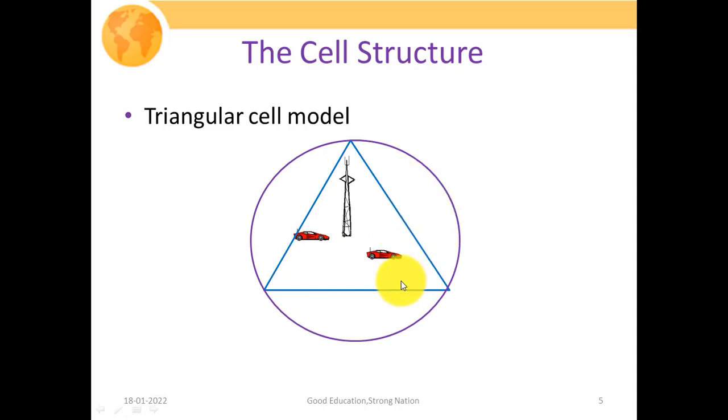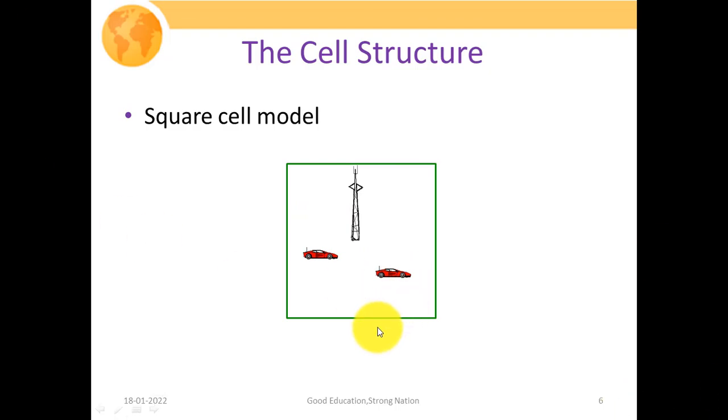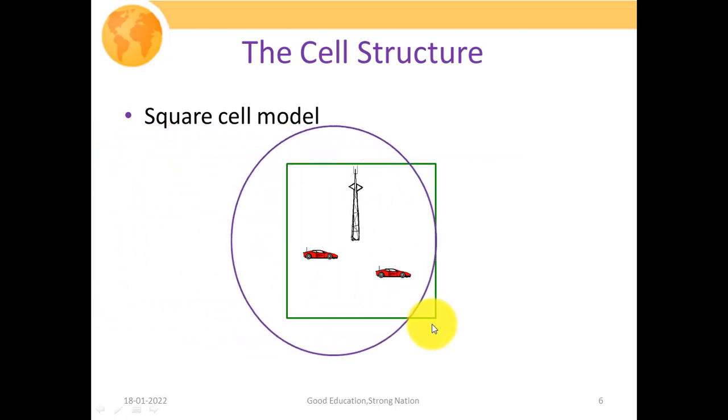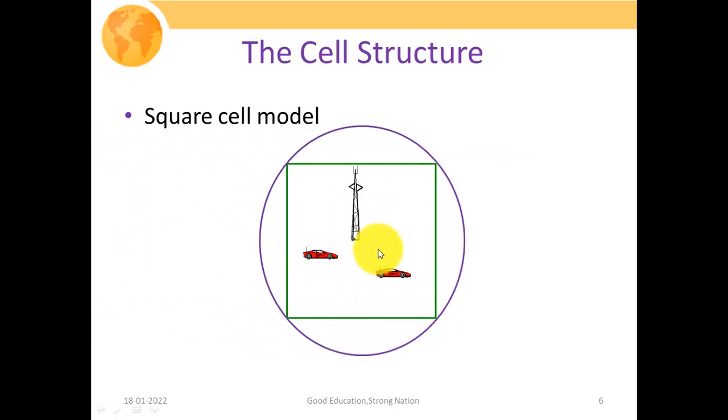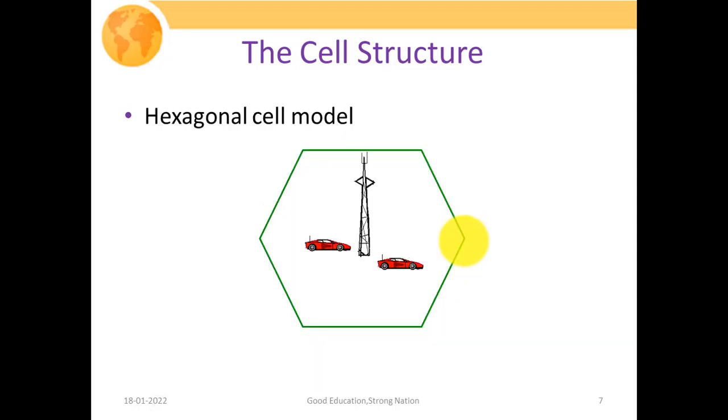So what else could we do? If we consider the square shape of cell structure, then again we compare with the circular cell shape. At this moment also we have a lesser coverage area in comparison to the circular cell shape. Obviously, in comparison to the triangular cell structure, the square cell coverage area is larger, but in comparison to the circular cell shape, it's quite lower. Next we may move on to the pentagon and then the hexagon. So for a given radius r, a sphere has the maximum surface area.